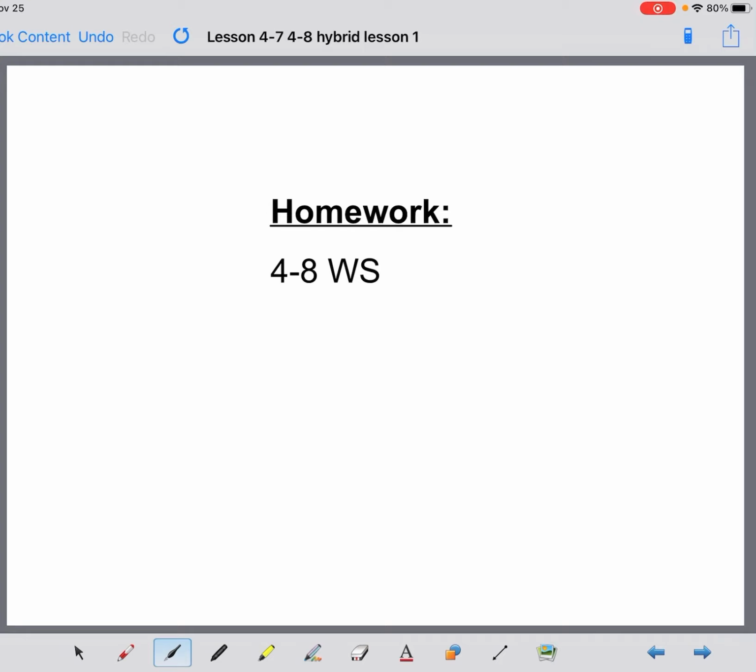Your assignment is the 4-8 worksheet that is found in your notes packet. Give that a try, and then